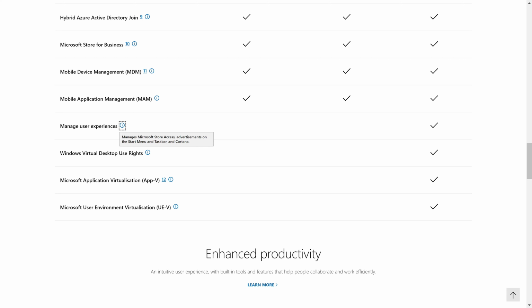It doesn't necessarily have a massive bearing when you're purchasing, but it's definitely one to think about overall. And again, here, for example, things like user rights, virtual desktop rights around, for example, the VDI side of things or the Windows 10 VDI side of things. So if you are looking at adopting that particular technology set, you would need to purchase the enterprise